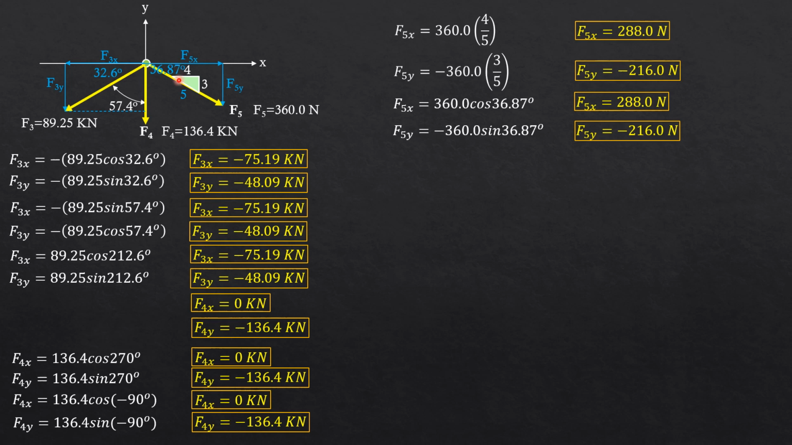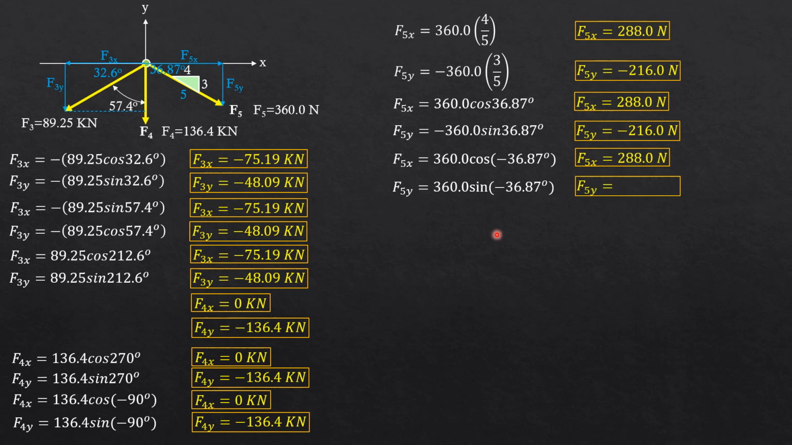Because from the positive x-axis, the direction of this angle is clockwise, so 36.87 is negative 36.87. So F5x is 360 cosine of negative 36.87, and it is equal to 288.0 newtons. F5y is 360 sine of negative 36.87, and it is equal to